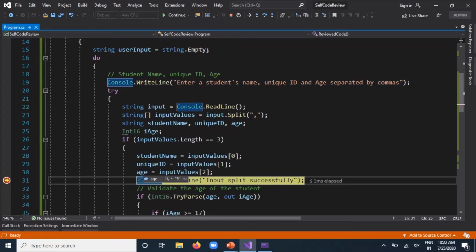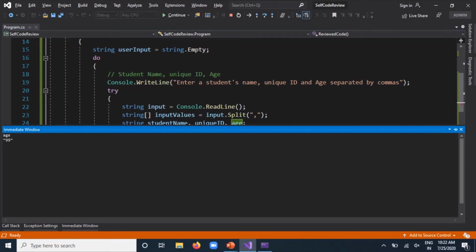Alternatively, when this value is wrong, I can also set this value in the immediate window. I press Ctrl Alt I and I can say age equal to 9. This sets the age value correctly. Now let me see if the age value is set correctly. I can use the up and down arrows to run through the previous commands that I have typed in the immediate window. So I type age, enter. Now it's set correctly. I can set the age to another value of say 10, and you see that the age value is now set to 10.